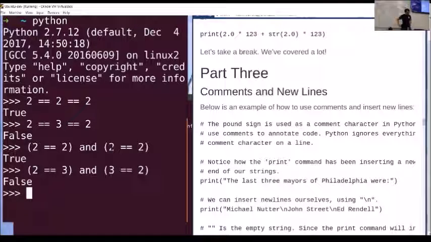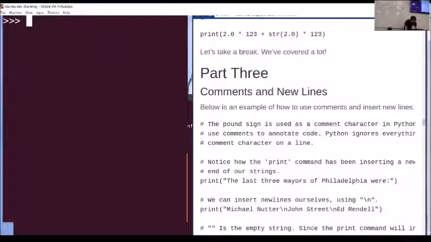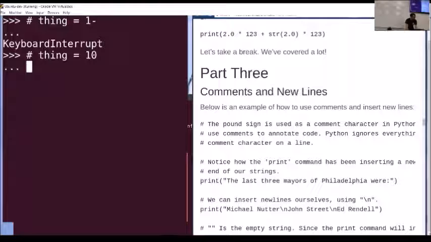So here's what we're up to. I made you skip over this part earlier when I was talking about comments and new lines. We kind of already talked about comments because we encountered that pound symbol when we tried to say thing equals 10. Oops, sorry, we didn't try and say thing equals. There we go. So we encountered that when we used that pound symbol, something weird happened where it gave us